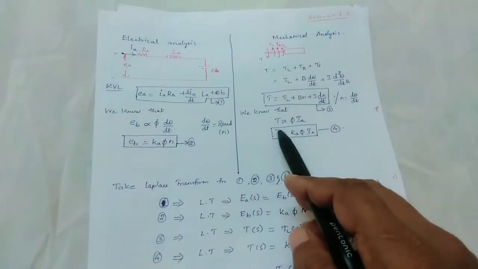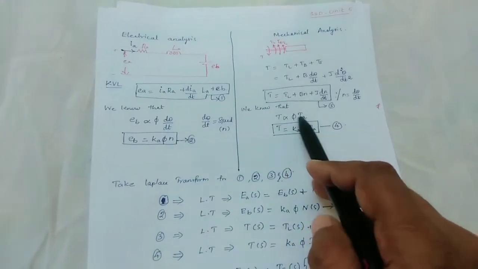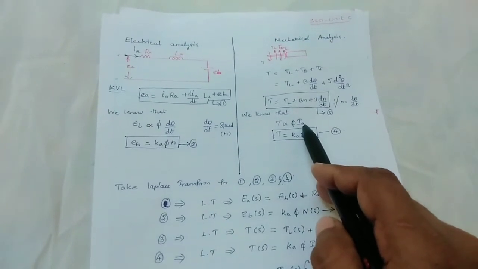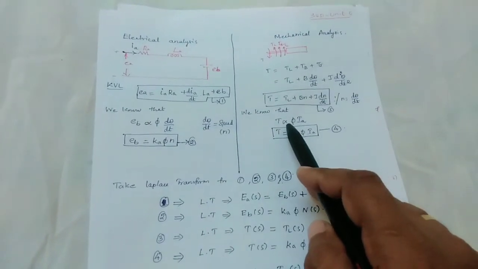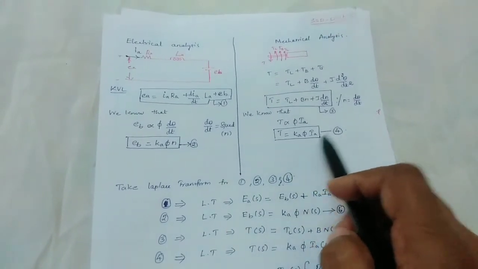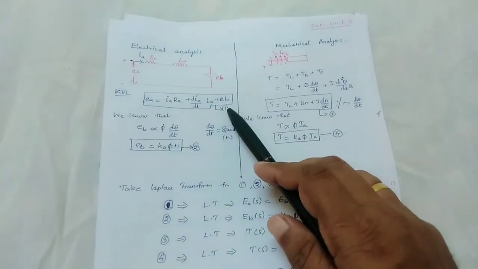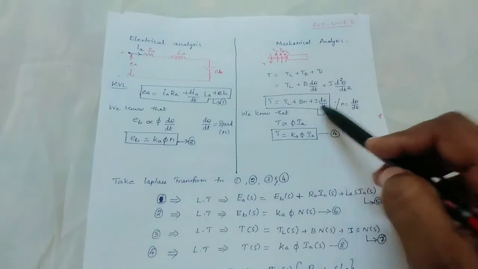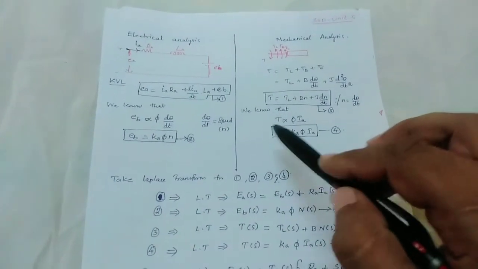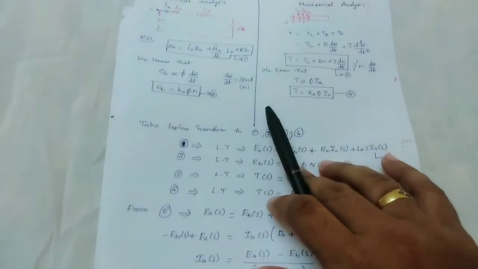And the next term, the torque, is directly proportional to the flux and the armature current. So we take T directly proportional to flux φ and Ia. The proportionality is taken by the constant, T equals Ka φ Ia. That is equation number 4. So now we have 4 equations, numbers 1, 2, 3 and 4. These are the 4 important equations we need to consider before going for the transfer function design.